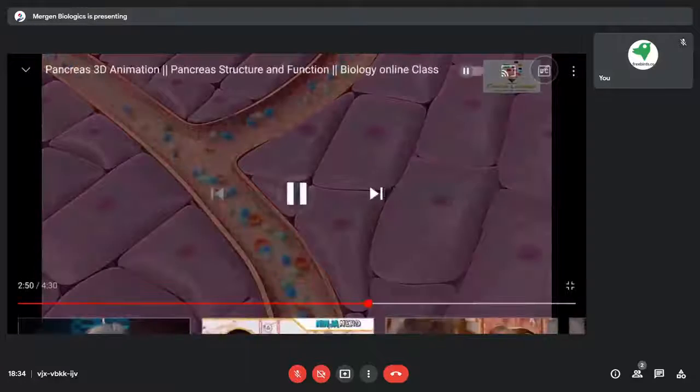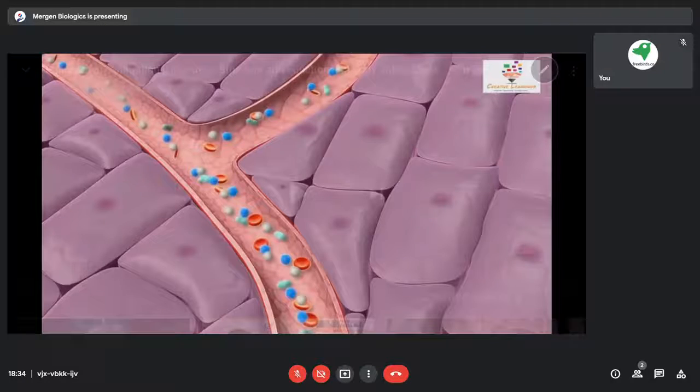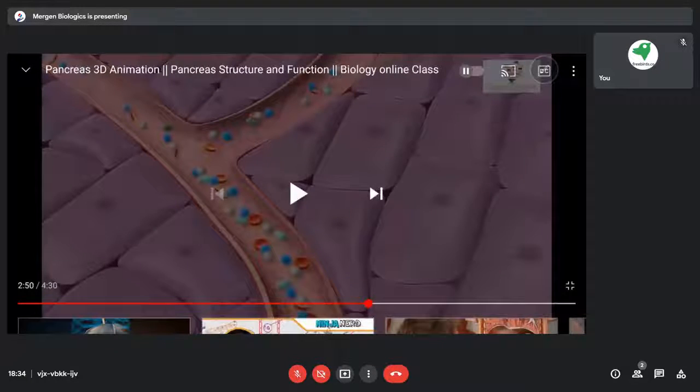This is basically the process of how insulin helps in the controlling mechanism of blood glucose level. So this is the basics of diabetes that we all have in our daily life. We may have some patient in our home who is diabetic or who is suffering from diabetes. So this is the process by which they get the disease called diabetes.